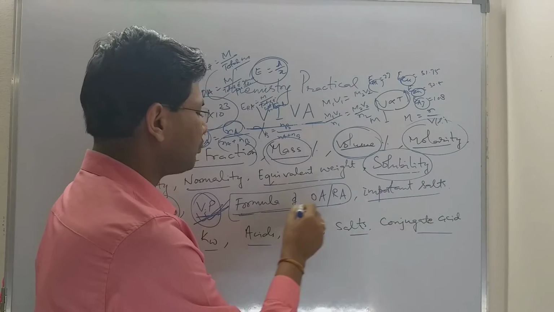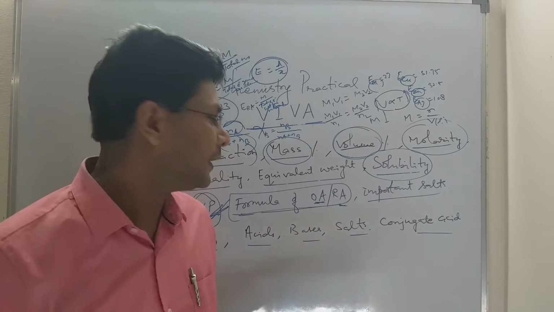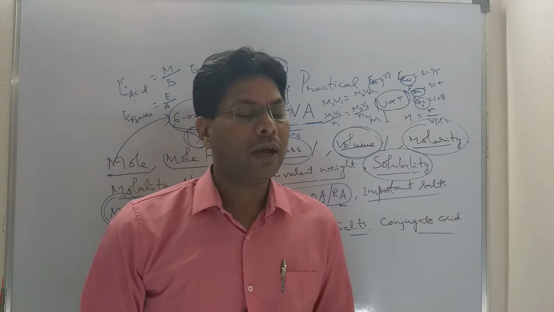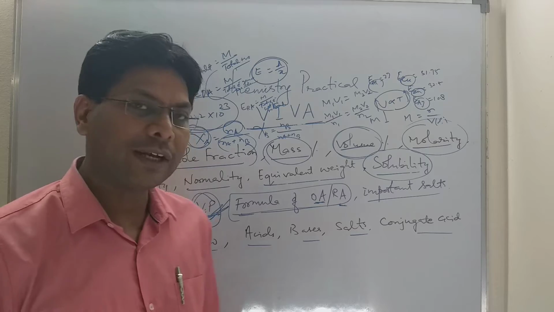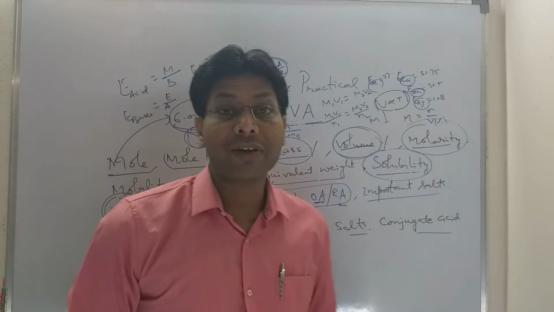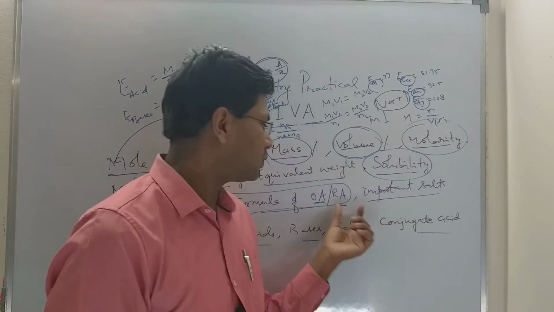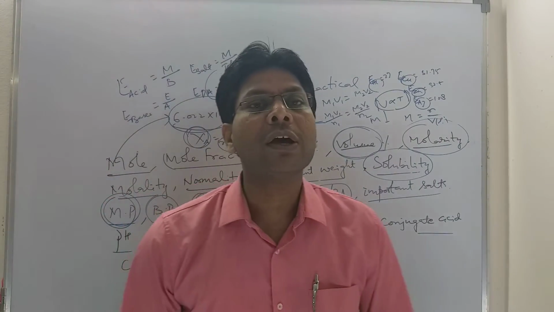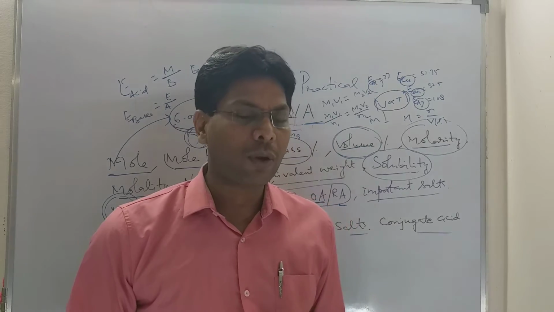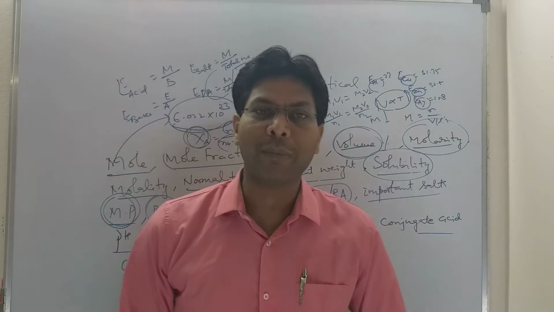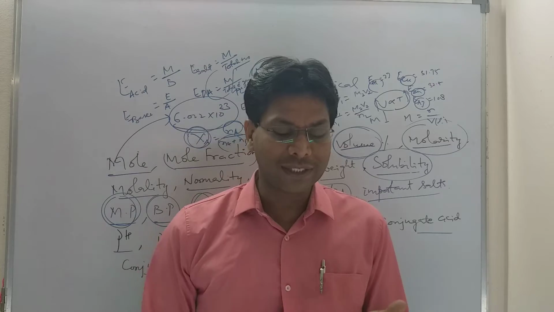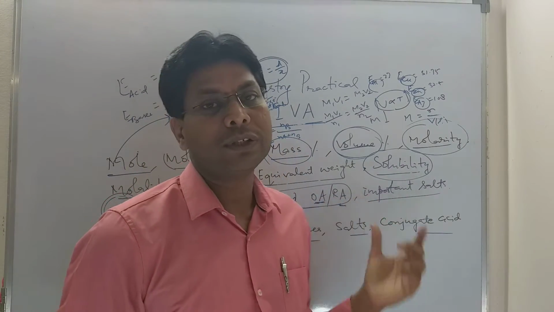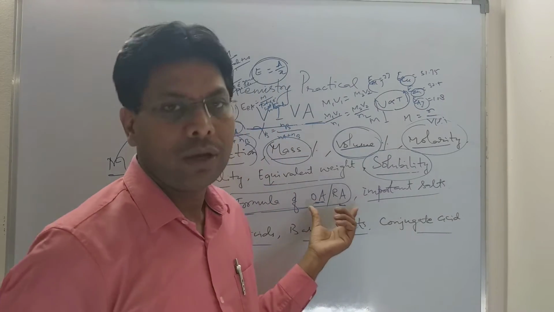You have to remember some formulas of oxidizing agents and reducing agents. Oxidizing agents like potassium permanganate, KMnO4, potassium dichromate, K2Cr2O7, sodium dichromate, Na2Cr2O7. Reducing agents like lithium aluminum hydride, LiAlH4, sodium borohydride, and some more reducing agents. Among oxidizing agents, you can remember that chlorine, fluorine, bromine are all oxidizing agents. Hydrogen peroxide acts as an oxidizing agent, reducing agent, and bleaching agent. So the list of oxidizing agents and reducing agents will be very helpful for your practical exam.